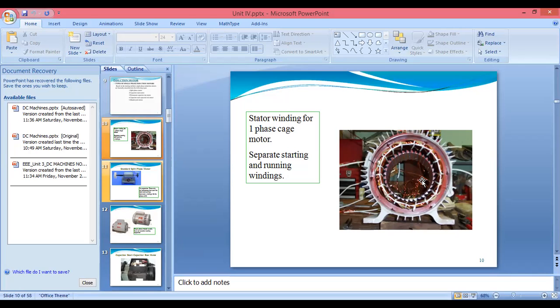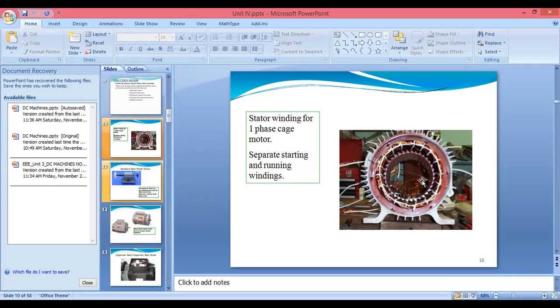To reduce the hollow. It means what? If we use cast steel instead of cast iron, what will happen? It will form the hollow cylinder and which will give a slot to get the